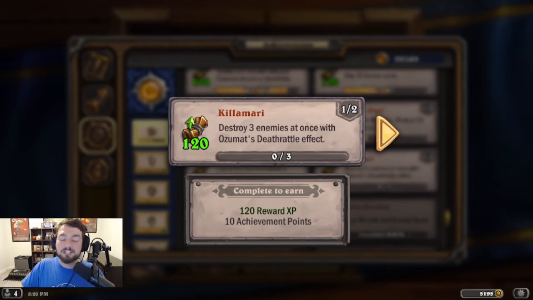So when I looked at the achievement list for Throne of the Tides, I saw that Ozumat got his own achievement, Killamari, destroying 3 and 6 enemies at once with Ozumat's Deathrattle. So I think I have something in mind to get this done, hopefully pretty easily. I have built a rogue deck with the new 1-drop, the 1/3 that makes your next Deathrattle die immediately upon summoning. So I'm hoping that setting that up and then just waiting for an opportune moment will allow me